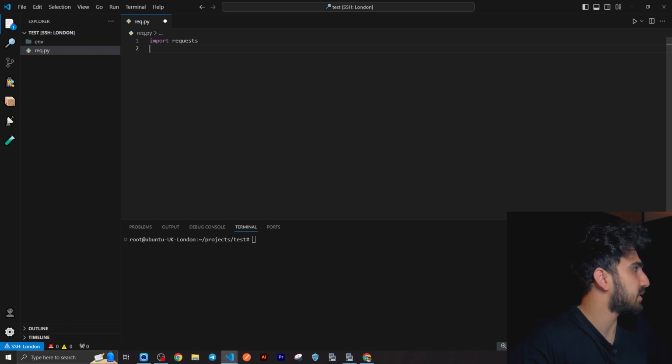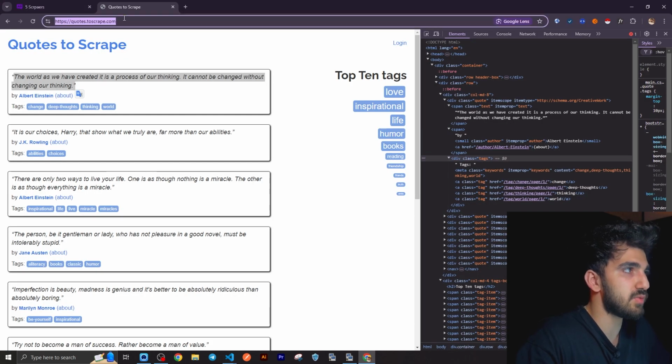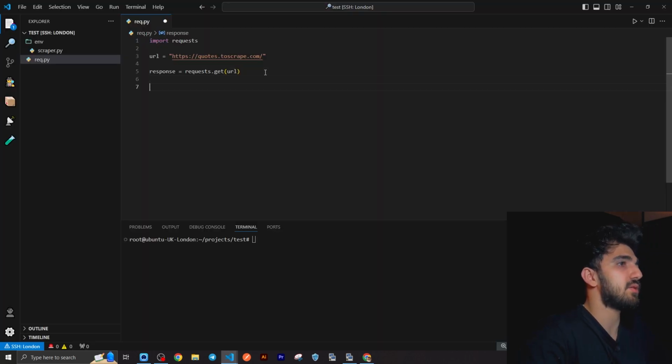And then we need to specify the URL, this one, because we want to send a GET request to this website. And then we have data. Now we need to parse this website, but the problem with requests is that we do not have any parser, or we cannot parse data like with Scrapy or Playwright or other libraries. That's why